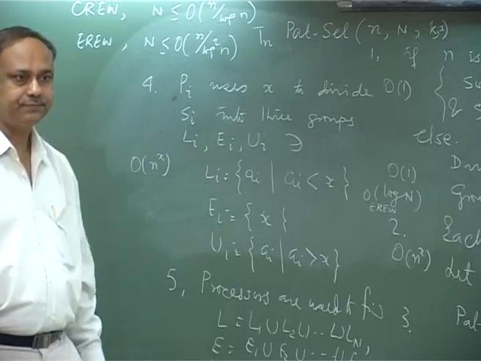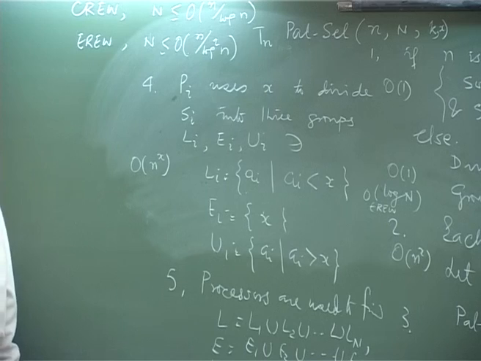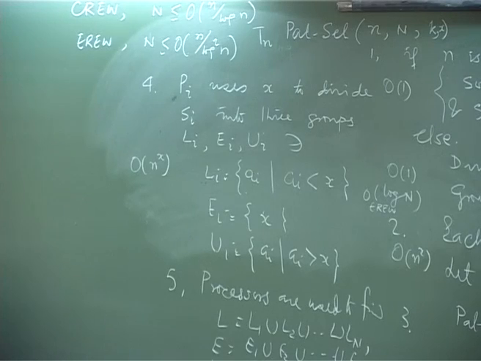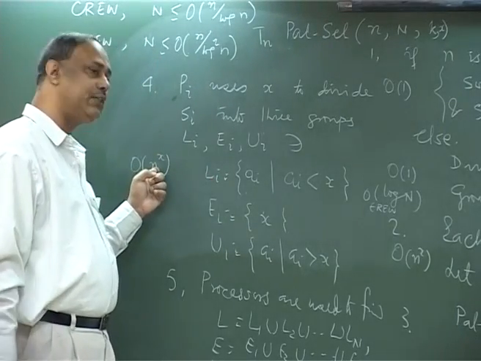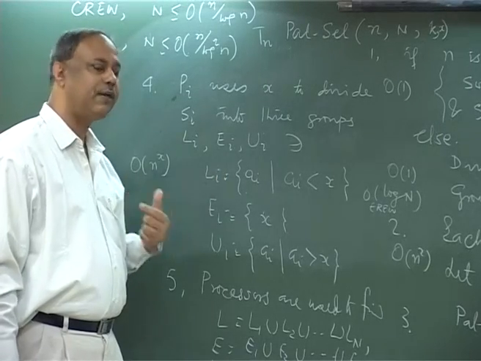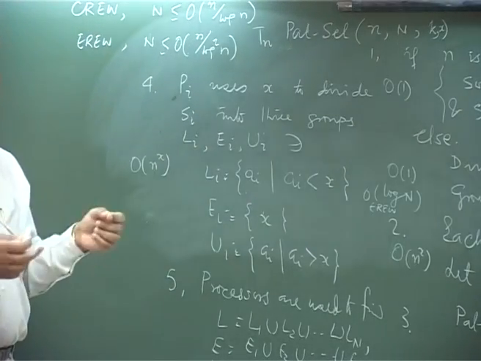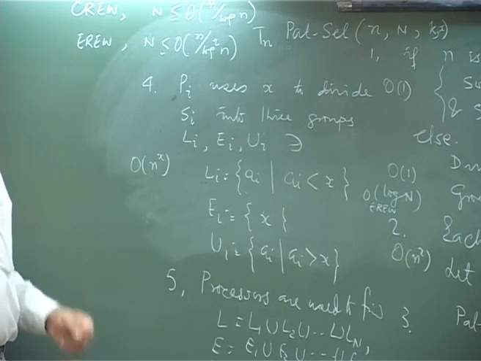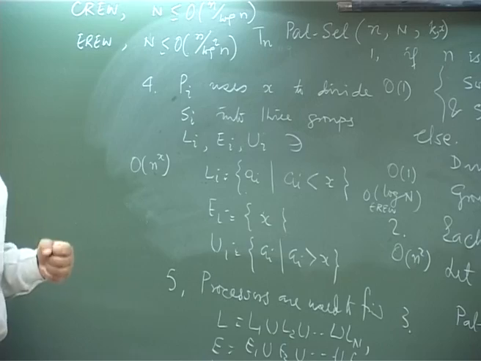Now tell me about this one. How can you do it? Taking count of individual Li's. So what you have to do is find out the total number of elements in Li, because once you are computing this, you can find out the number of Li's. So if I know a priori the number of L1, number of L2, number of L3, this can be done through cumulative sum. So what should be the starting address of the next processor? Finding the starting address takes log n time. So log n, agreed or not? Which takes log n time,